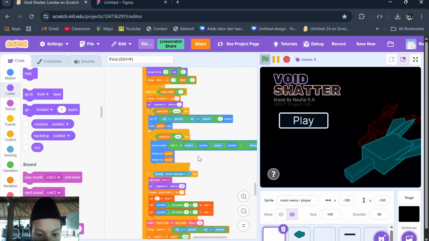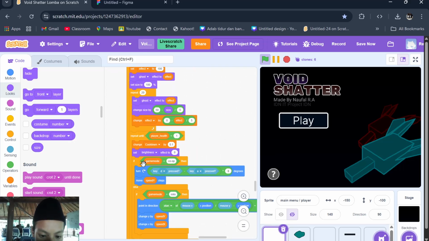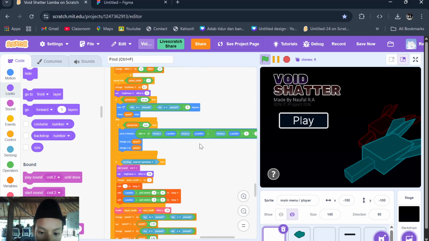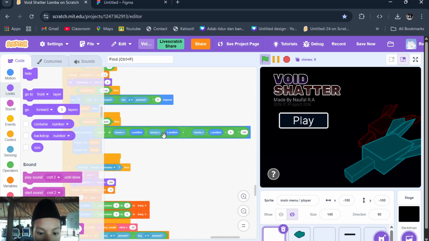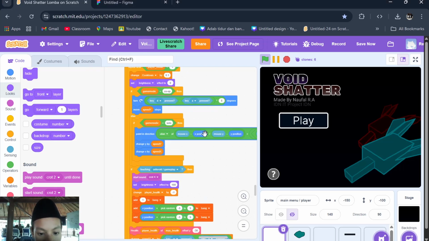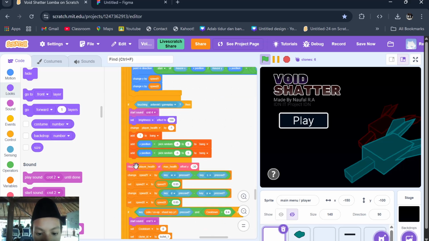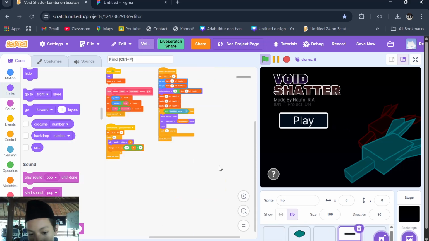This is the control for the player. For player one, the control is like here, the A and point in direction of mouse pointer. This is only for point in direction, but I was really lazy to make an easier one, so I made this. And this is for halt. Halt has this sprite.